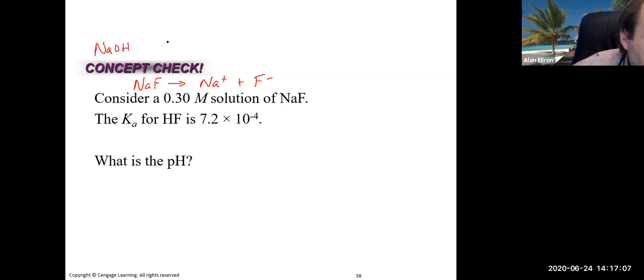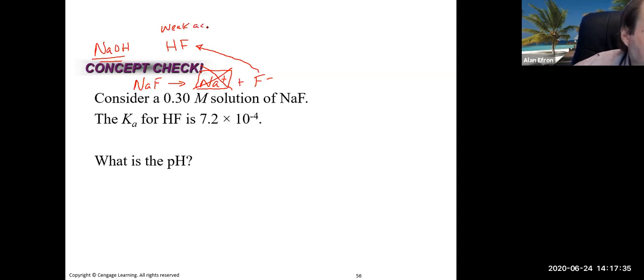F- is the conjugate base to hydrofluoric acid. So we already know that the sodium part here is group 1 and will not affect the pH. It's neutral, also because it comes from our sodium hydroxide. But now the F- really did come from our HF, and we know hopefully that our HF is